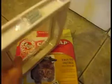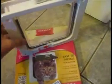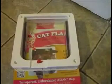Okay, taking everything out of the box, of course you have the cat flap and some screws. The cat can go in and out. It has a little locking mechanism, a little magnetic apparently. Oh, here are the instructions. They're actually on this little template plate, which has 4 screws here. You put this on your door, drill in these 4 screws, and then